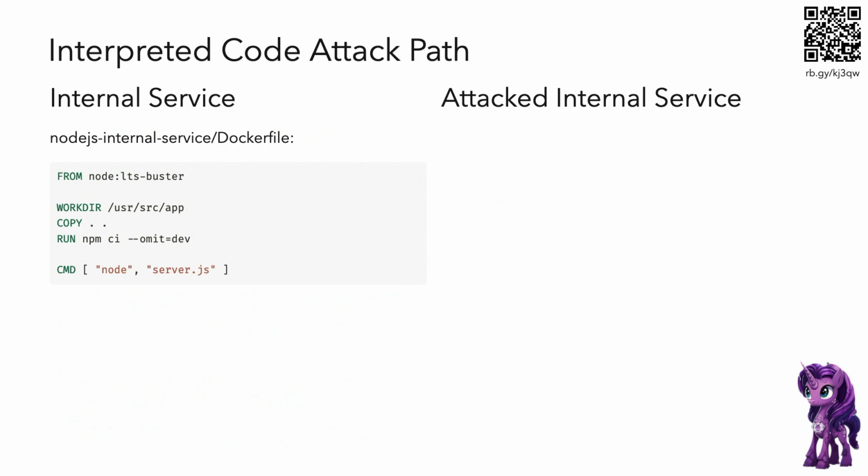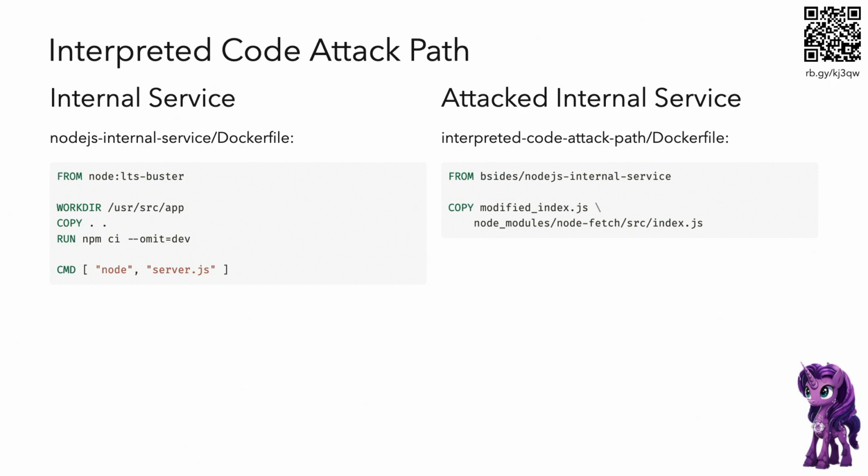So yeah, I'm a big fan of Prove It because slides are great. And on the downside, then I'm introducing yet another thing you have to grok, which is Docker files. That's fine if you've seen it before, and if you haven't, I'm sorry. Right. So your internal service might look something like this. Oh yeah, we're a node on Buster, and we're going to be in the user source app directory. We'll put files there. We'll go install everything. And this is the important line. We'll go run node with server.js. And then, so I've prepared a Docker file of what this looks like so that it'll be compromised.